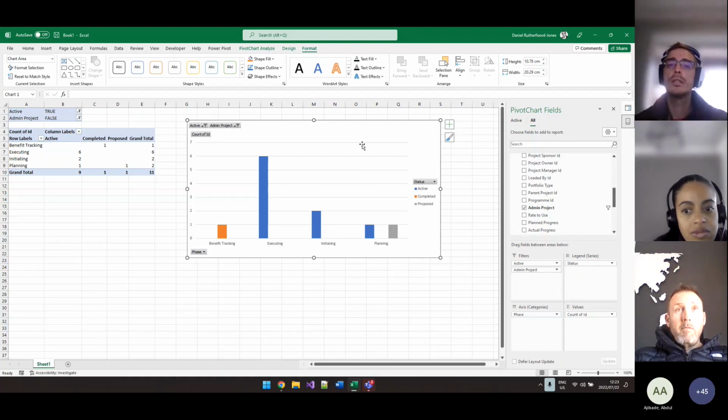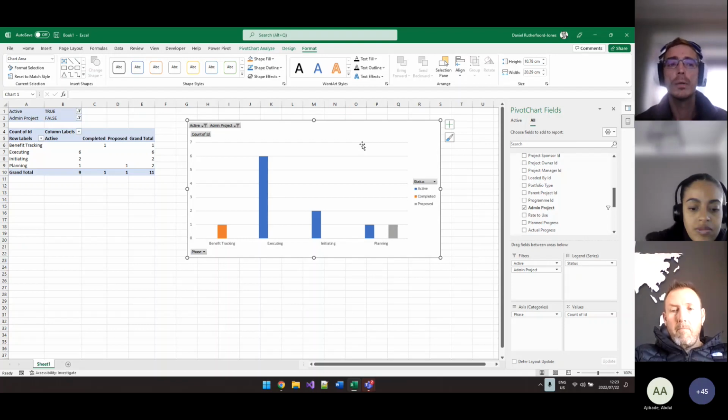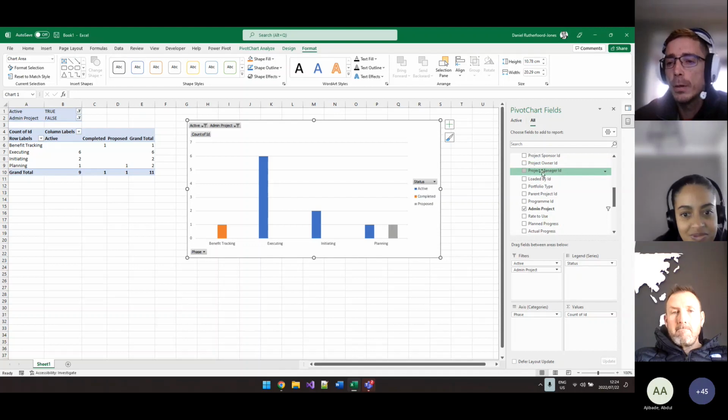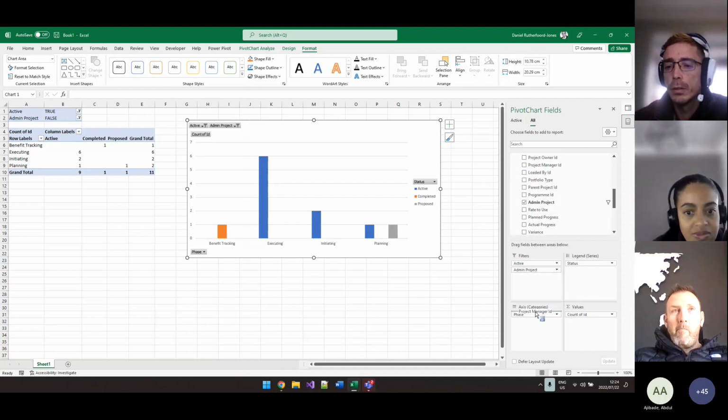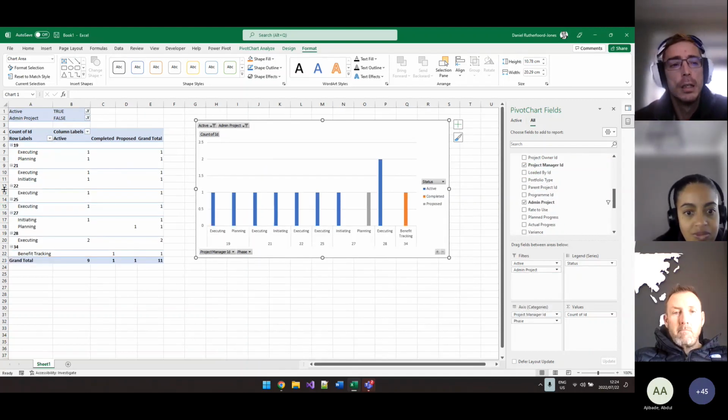Now, you might want to step it up a level, and perhaps you want to introduce some ownership into your reporting or your bar graph. I'm going to demonstrate how you do that with the project manager field that is situated on the project entity. If I were to take this project manager field and drop it into my axes,